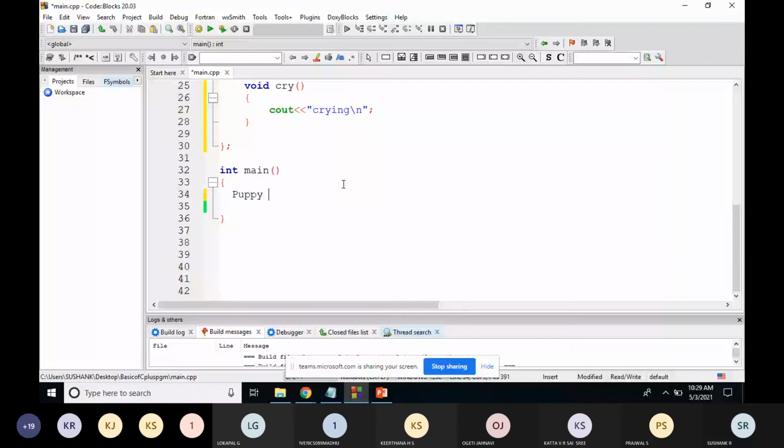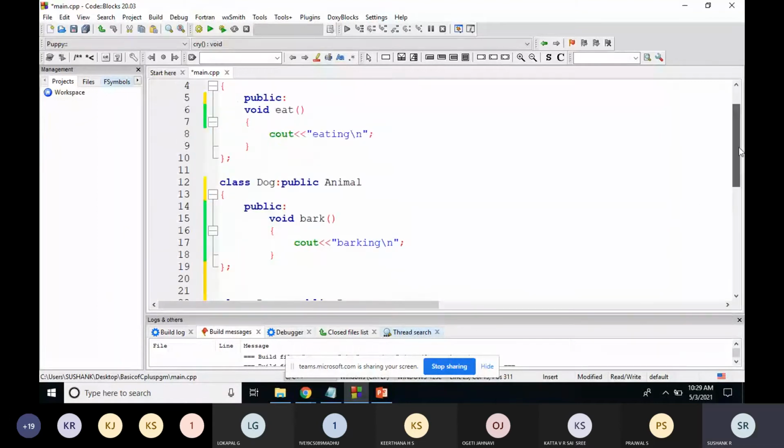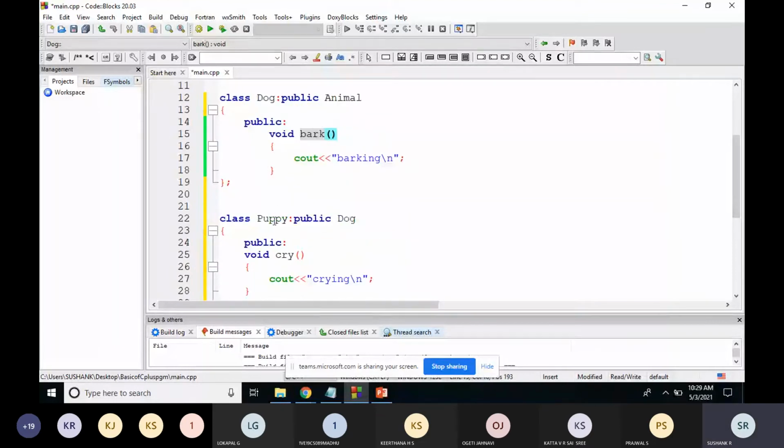Puppy can access its own method. Then the method of bark. Why bark? Because of the relationship, puppy can access members of the dog class, so the bark function is also available.